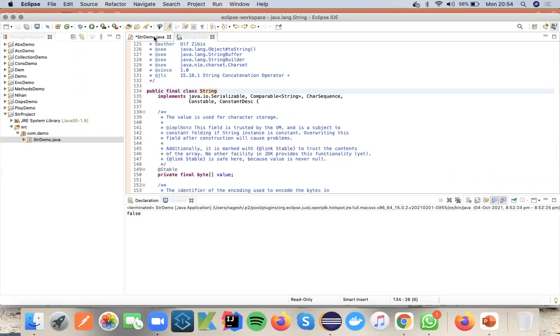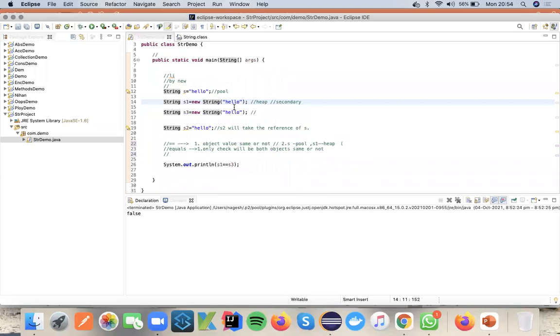These are the interfaces implemented by the String class, and it is an immutable object. When I say immutable object, when you declare a string with the literal approach, the reference will not be changed. That is called immutability for String, right?